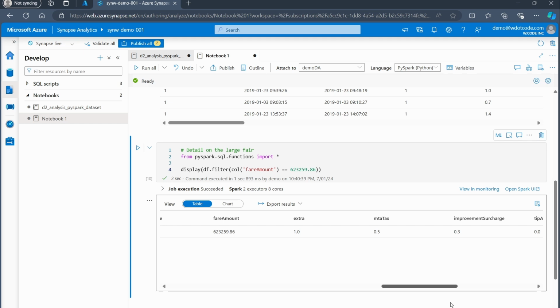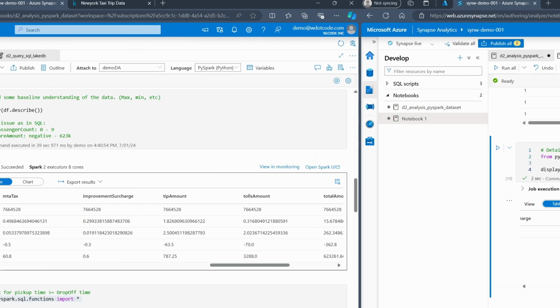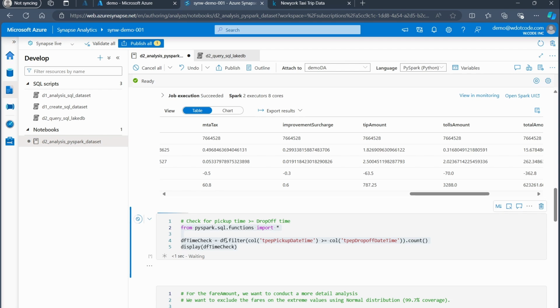We noticed this person did not leave a tip. It's hard to think this is a real record given the amount of time they were in the cab, and there was no tip paid as well. So the next checks that we looked at earlier, for example, the pickup time versus the drop-off date analysis that